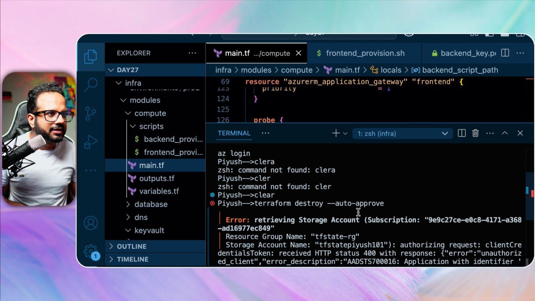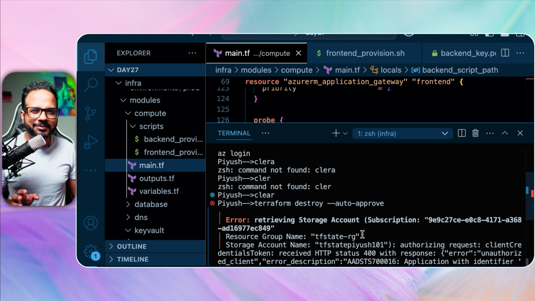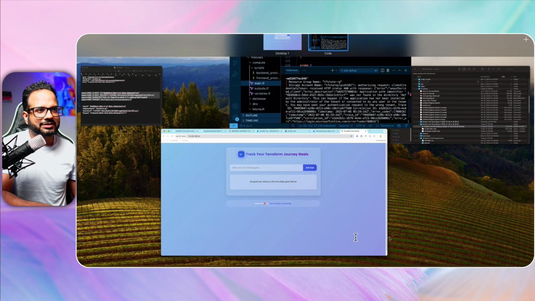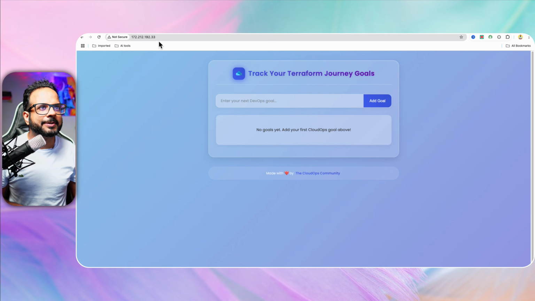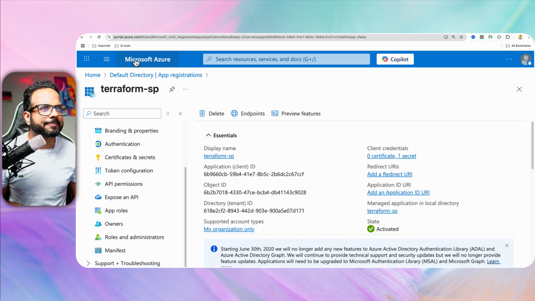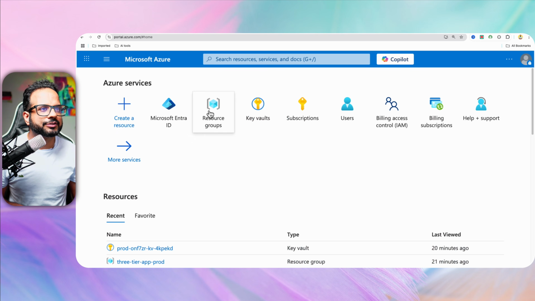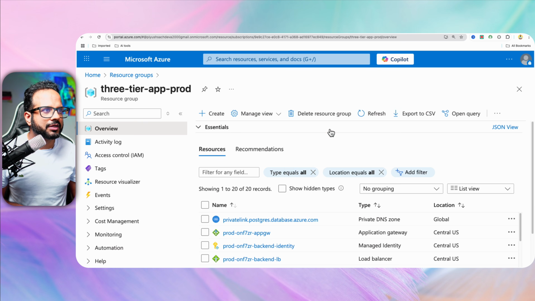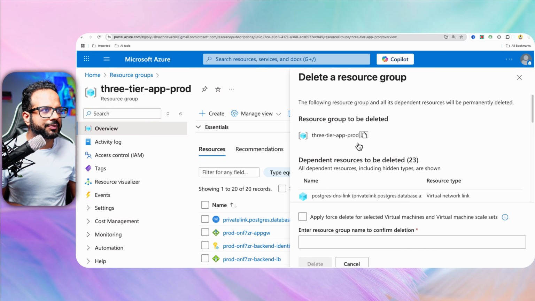Oops. Service principal. I think I might have accidentally deleted my service principal when I was doing some testing in the background. So for now, what I'll do is I'll just manually delete the resources from here. I'll just go inside the resource group and delete the resource group from here, but don't